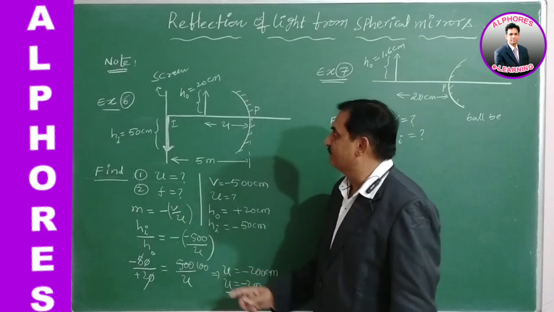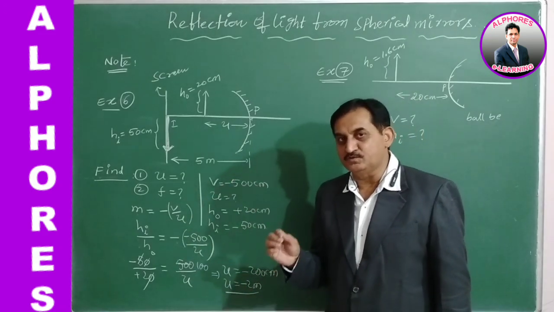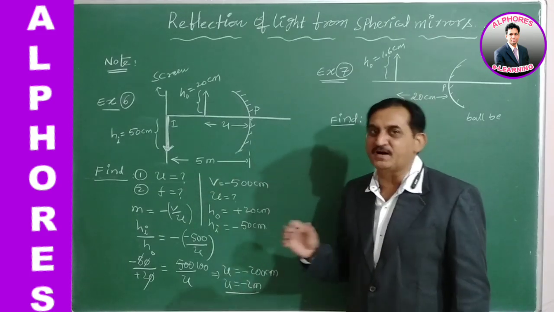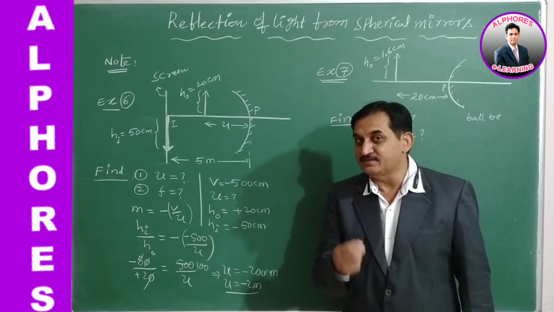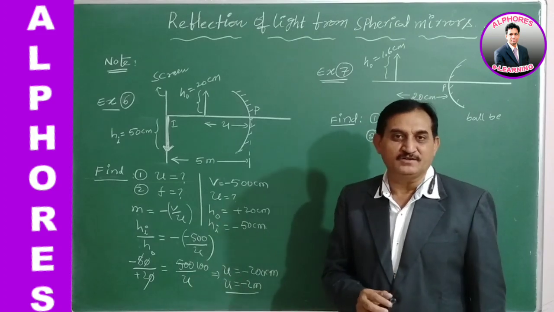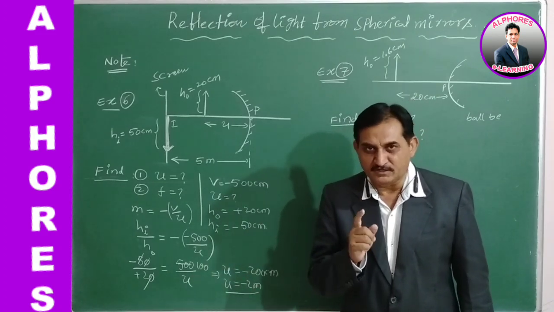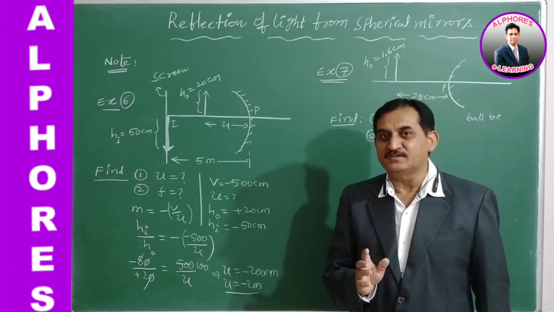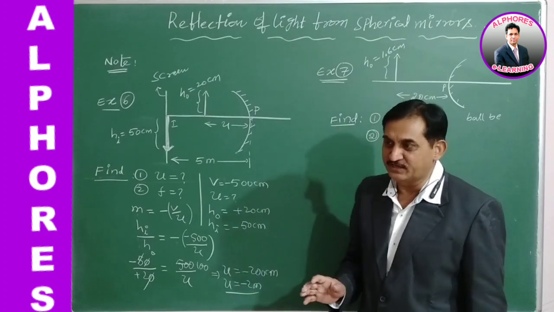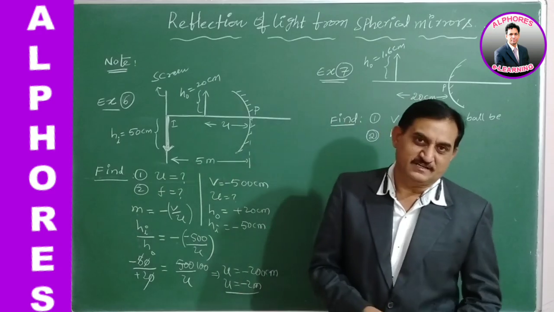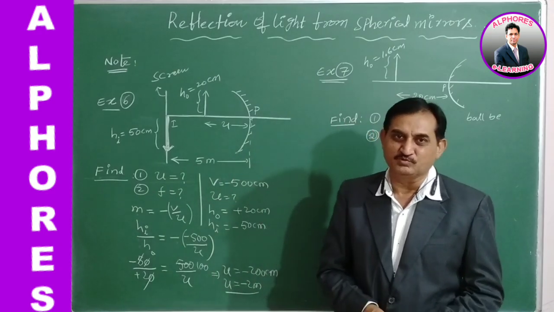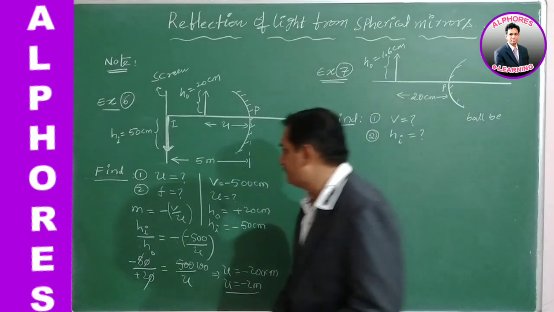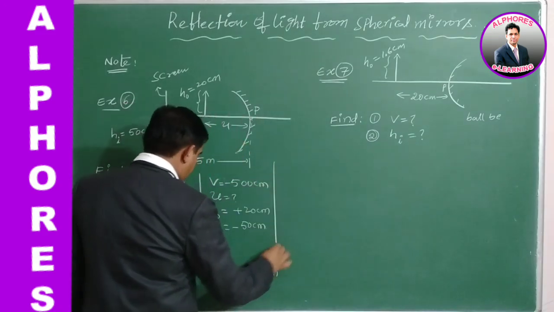Again, I am repeating the same. Wherever you are using the mirror formula or magnification formula or any kind of equation in this part, while solving the problems use the sign convention, but for whatever quantity you are going to find, the sign convention is not to be used, and for the rest of the quantities we can use the sign convention. So this is a very important rule. You should carry this till the end of the chapter while solving the problems. Okay? Then the object distance is calculated.